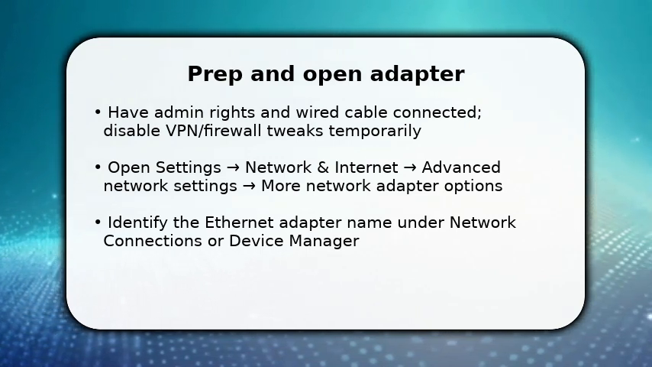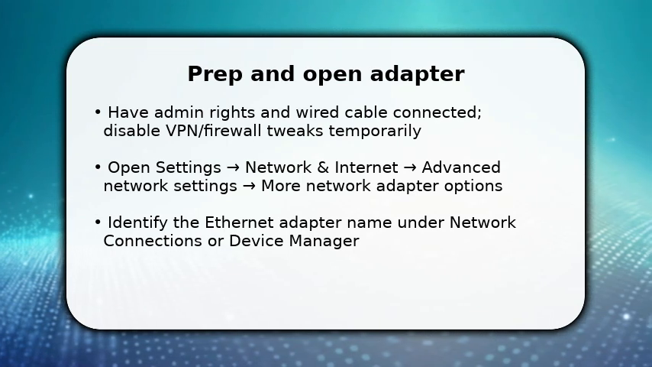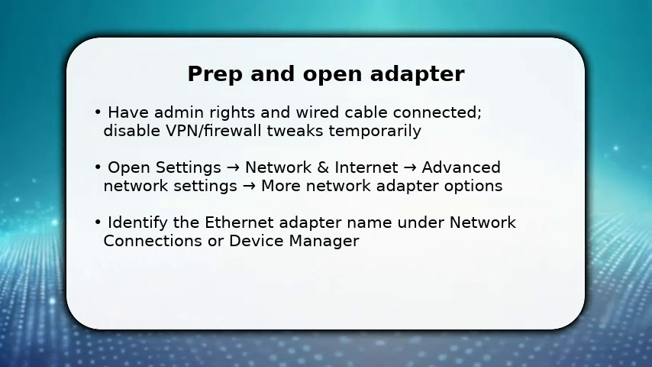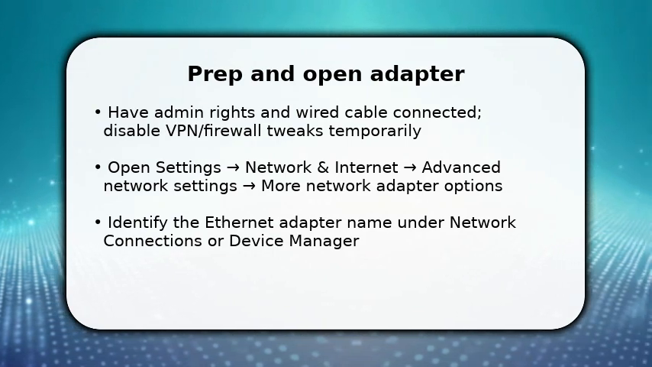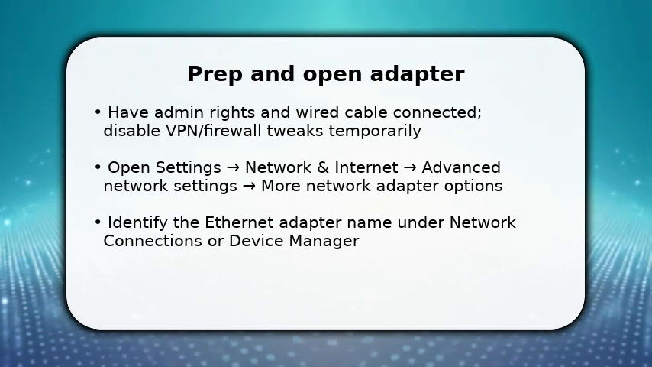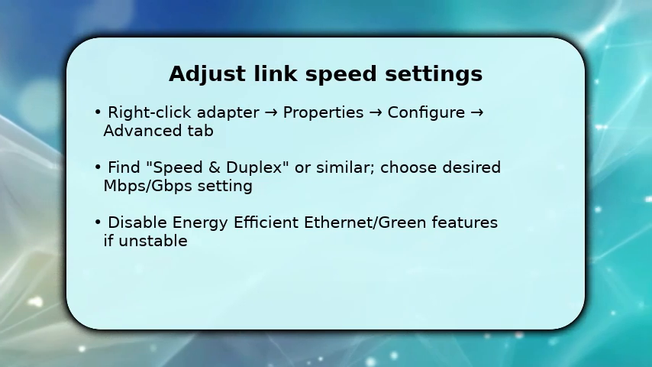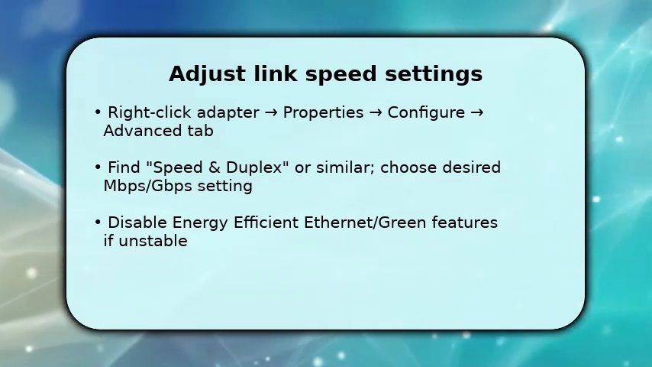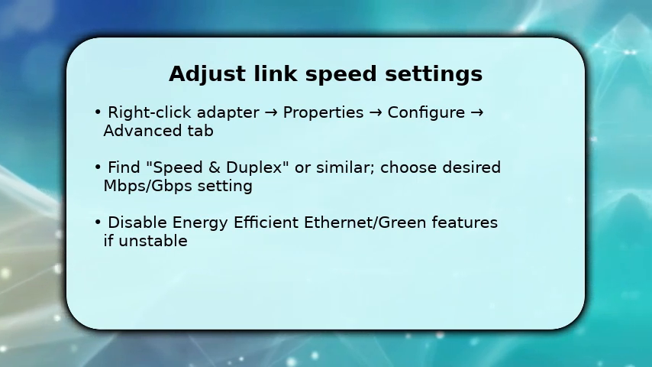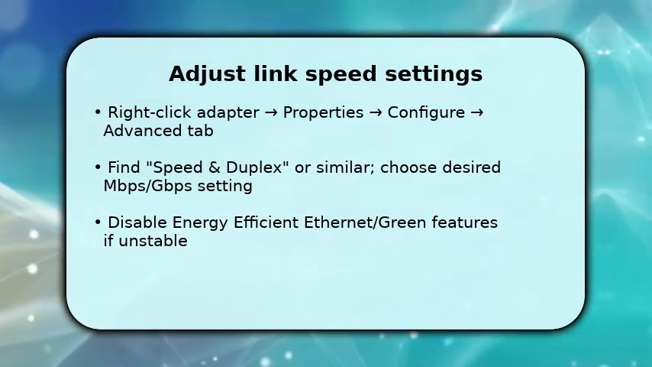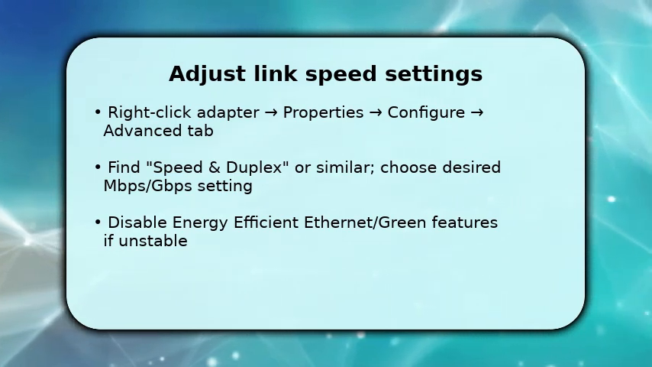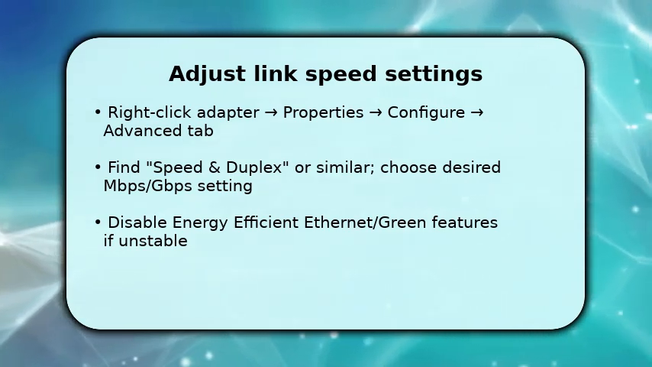Make sure you note the exact adapter name so you don't change Wi-Fi settings by mistake, because you'll be changing driver properties next. Once on the adapter properties, click Configure and switch to the Advanced tab to edit hardware features. Find the property named Speed and Duplex, Link Speed, or Media Type. Then select a specific value like 100 Mbps Full Duplex or 1 Gbps Full Duplex instead of auto negotiation when